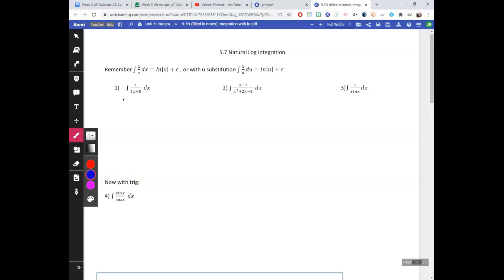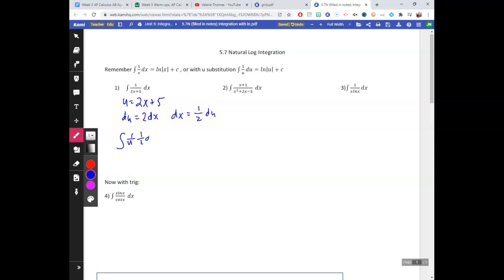I'll go through these kind of quickly. u is going to be 2x plus 5, right? It's the denominator here. So du is going to be 2dx, so dx is going to be 1/2 du. So when we integrate, this is back to indefinite integrals, where there are no bounds on the top and the bottom. And so we get 1 over u